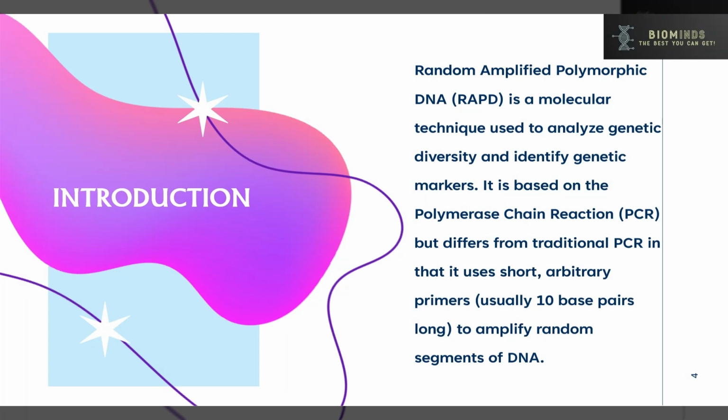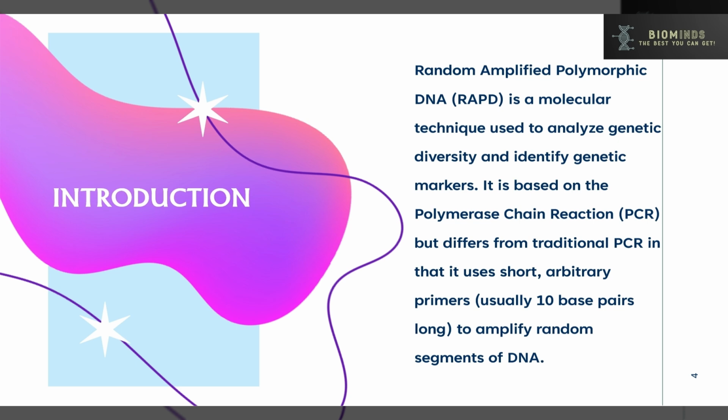So, RAPD, or random amplified polymorphic DNA, is basically a molecular technique based on the polymerase chain reaction. If you have missed the PCR lecture, I request you to first watch the PCR lecture, then watch the RAPD lecture. It is a PCR-based technique, but it is different from PCR because